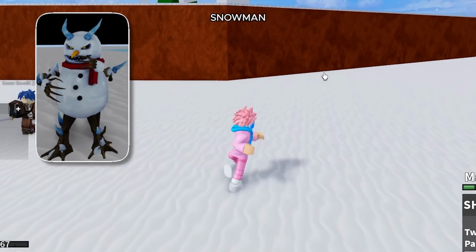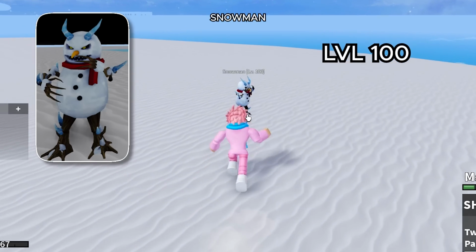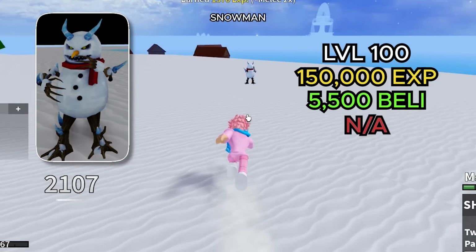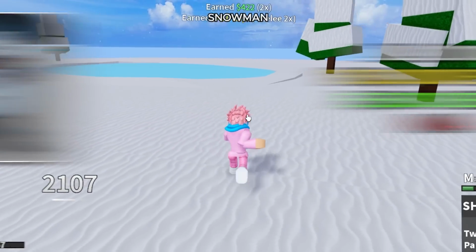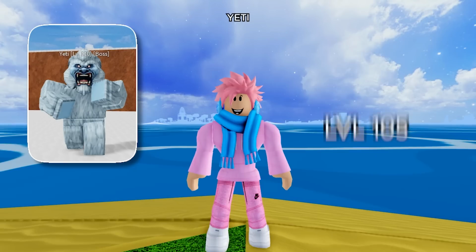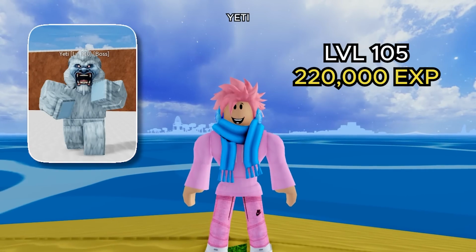Next up is the Snowman, which you have to be level 100 to equip, and this one gives you a total of 150,000 XP along with 5,500 belly, and these guys have no weapons, so they just use basic combat. The last one for this island is the boss fight, and this guy is literally called a Yeti. You have to be level 105 to accept this quest, and you get 220,000 XP for this one along